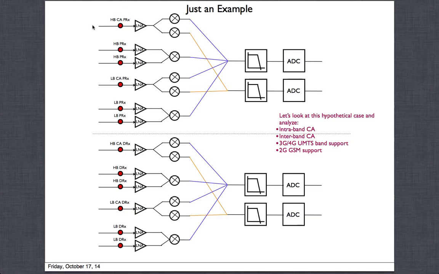So deciding what are the different bands you're going to support, what are the different things you're going to support, like intraband, interband, and all this, that is the first complex task that happens in the industry. System guys sit down and try to scramble their heads and come up with all possible combinations, and how to come up with the hardware where they can actually support the most without changing the hardware. By hardware in this case I mean all these duplexers and SAW filters and switches and everything.